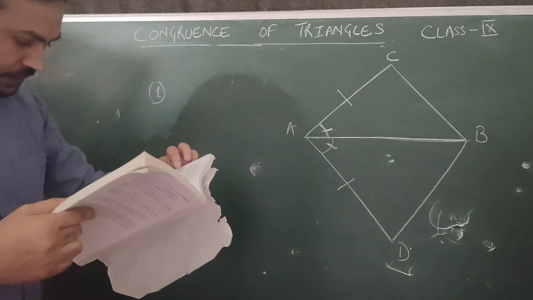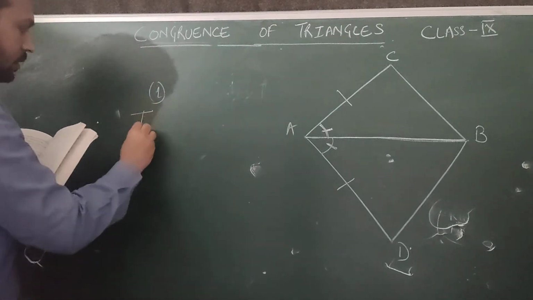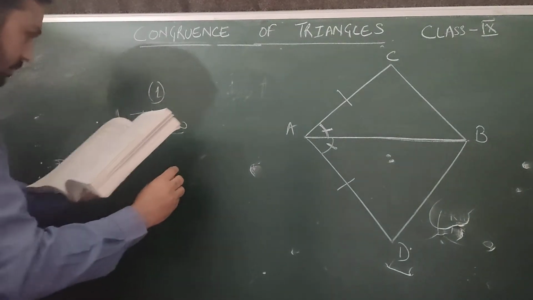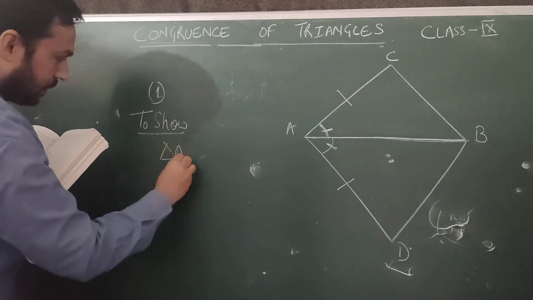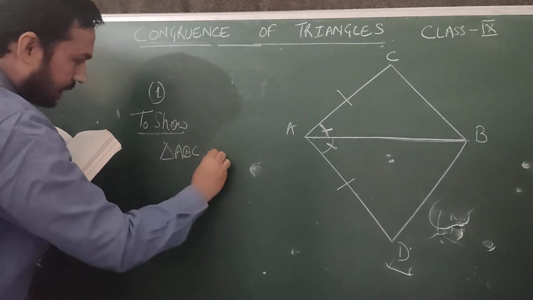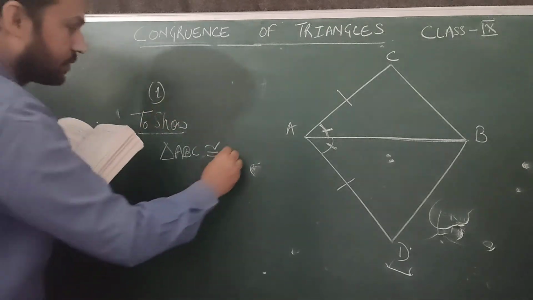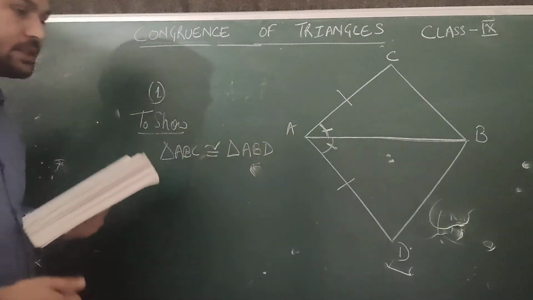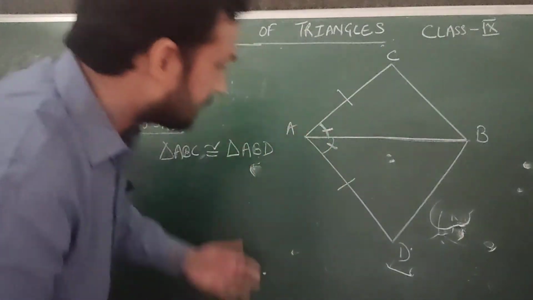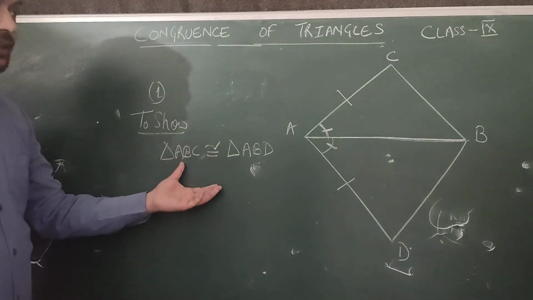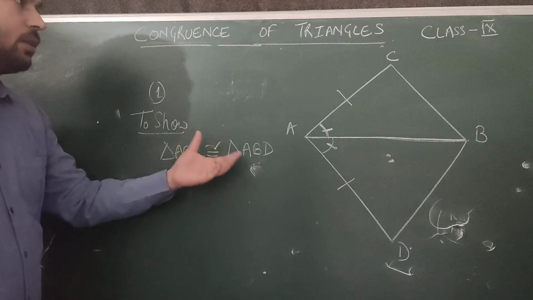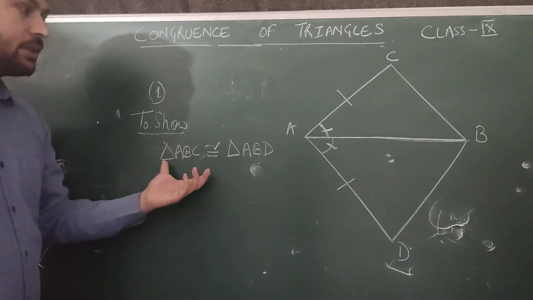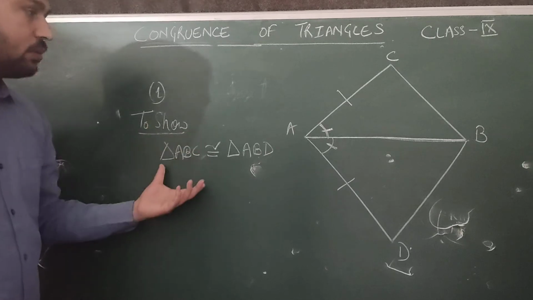Second thing, so what we need to show? So to show, I'm making this video keeping in mind all those students who are having problems with congruence of triangles, because if we are not clear with congruence of triangles, then quadrilateral chapters or any chapter related to congruence of triangles, maybe similarity of triangles, all the chapters become difficult. So at least we should know what is the meaning of congruence of triangles and how we do sums here.